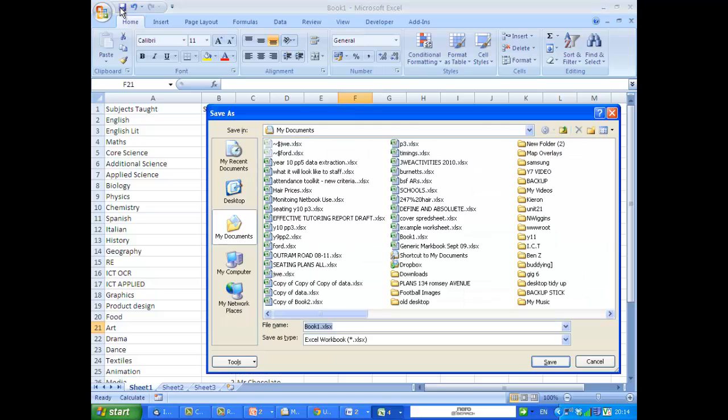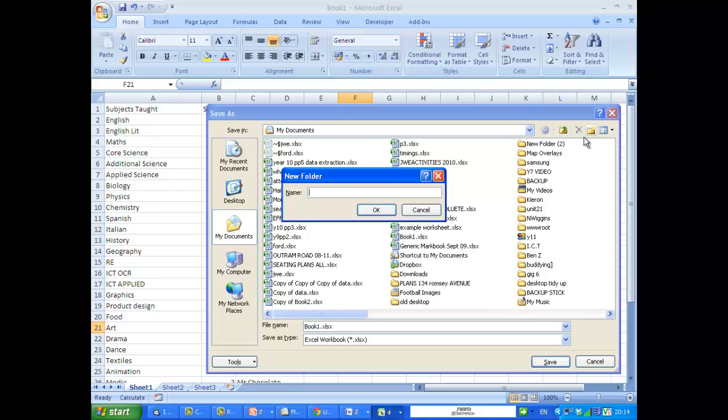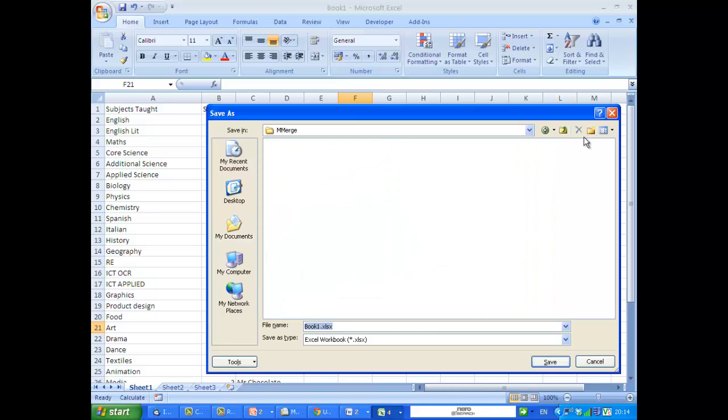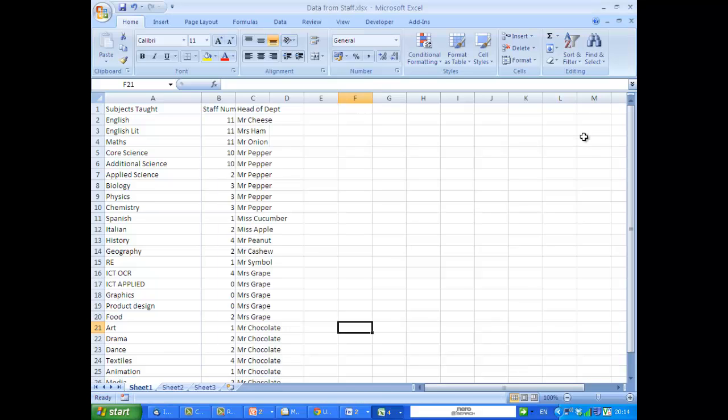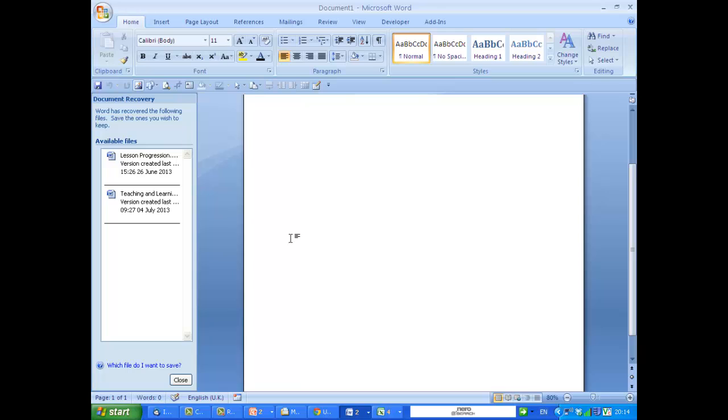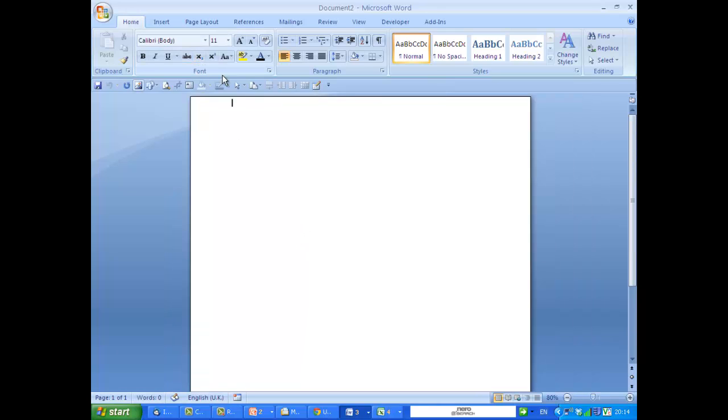So save it, and I'm just going to save it into a new folder called mmerge, mail merge. Okay, and I'm going to save it as data from staff. Okay, I'm then going to create a new Word document, and then here